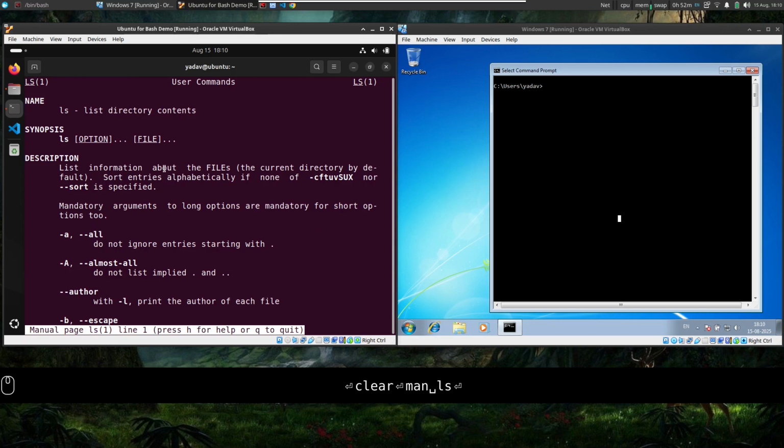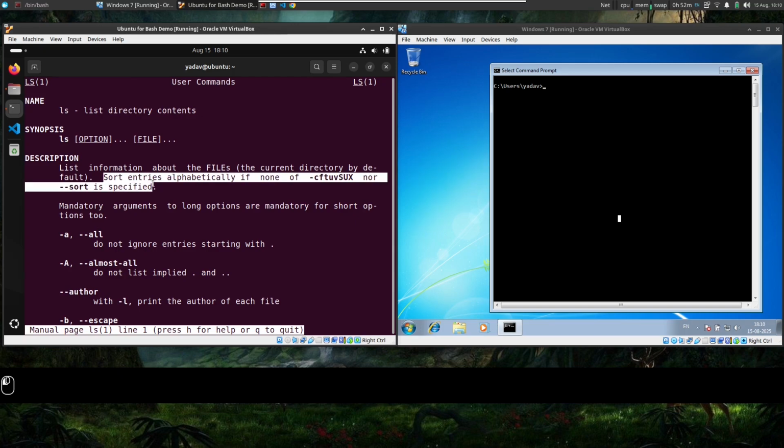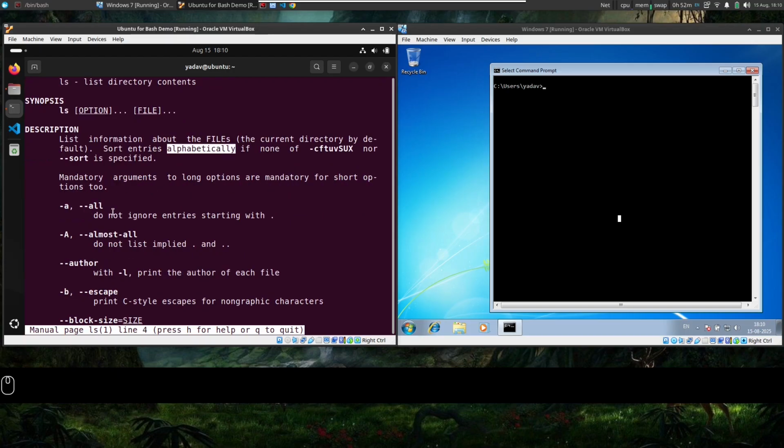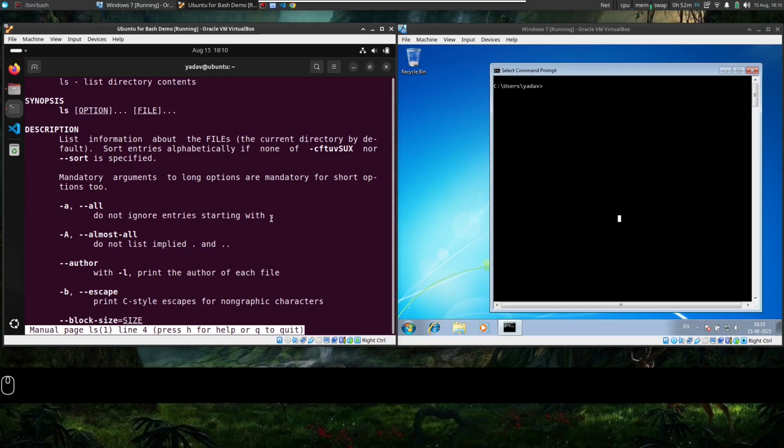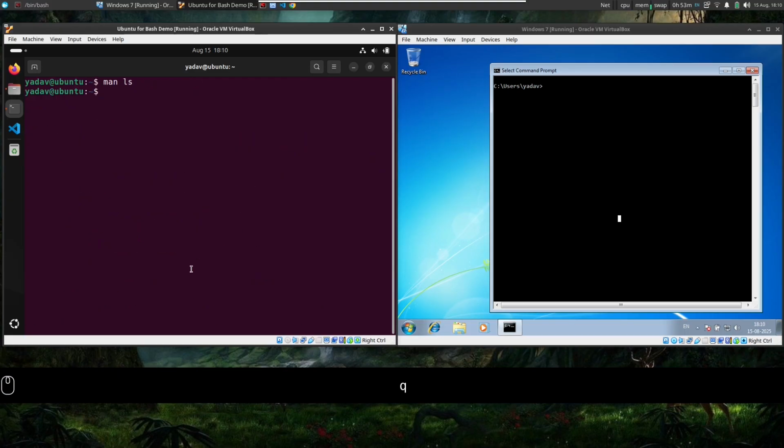It sorts alphabetically if none of these options is specified. By default it is alphabetically sorted. Then there are options to sort by date, time, size, etc. Dash a is one of the options: do not ignore entries starting with dot. What are entries starting with dot? How to quit the man page is just pressing q. Okay, now